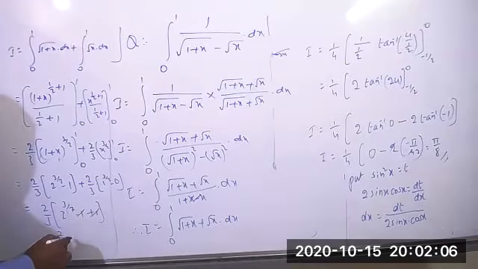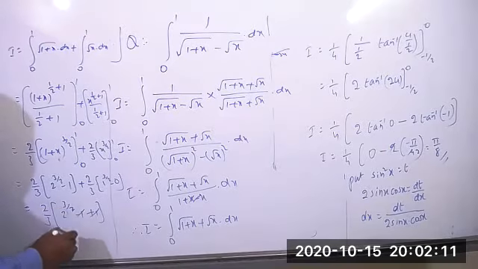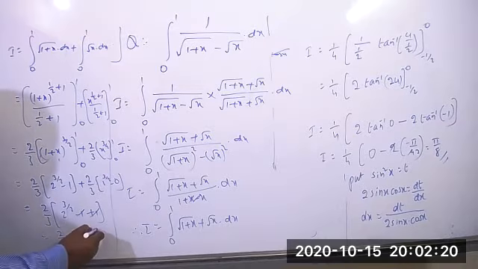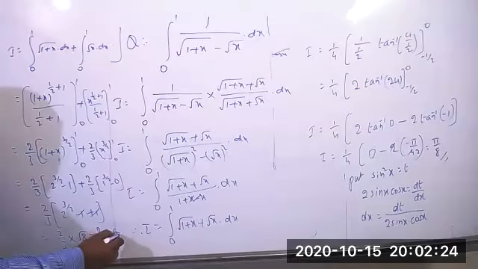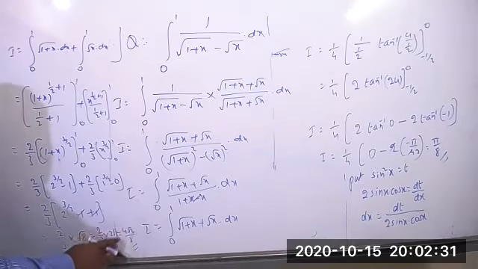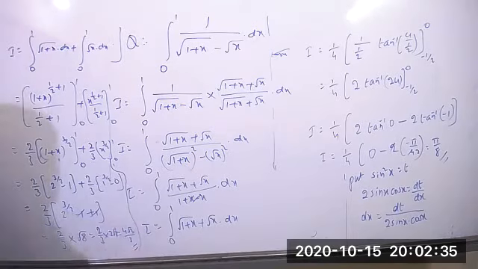So 2 by 3 into this, 2 power 3 by 2 can be written as square root of 8, because the order is equal to 2. So root of 2 cube, 2 cube equal to 8. And root 8 you can write now 2 by 3 into 2 root 2. So 2 2s are 4. So 4 root 2 by 3, answer. Okay, 4 root 2 by 3 is the final answer for that.